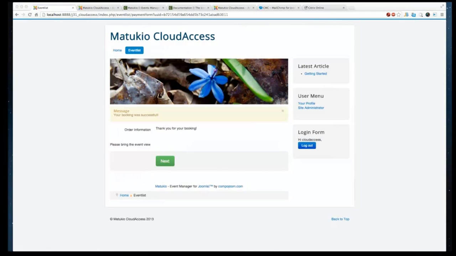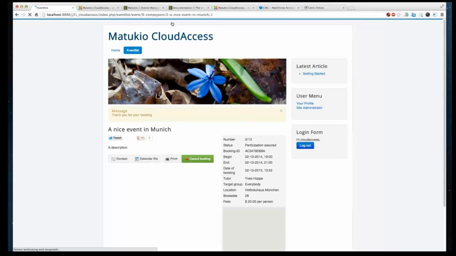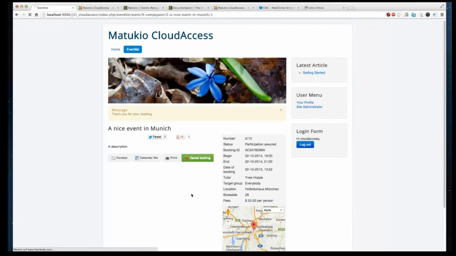So I made a paid booking. My booking was successful, and this time we don't go back to the event page. We go to the payment page. For cash, it's pretty easy. For PayPal, there would be a PayPal button where we go to the PayPal form and pay. Depending on the payment, on bank transfers, there would be some bank accounts shown based on the data on the back end, and so on. So I click on next,